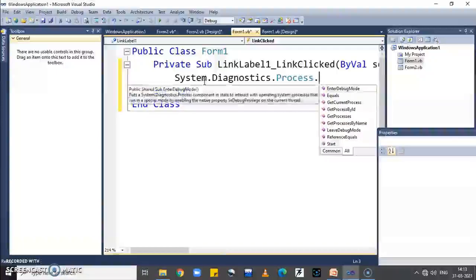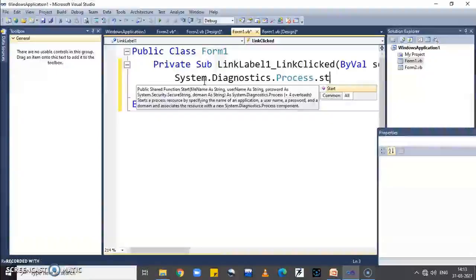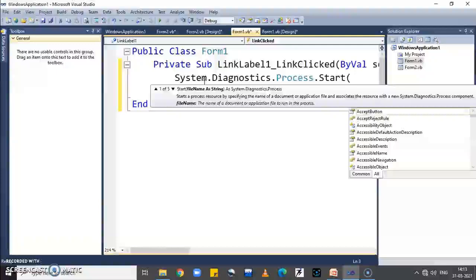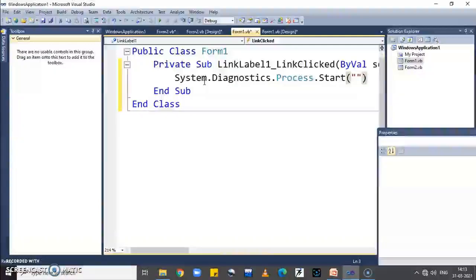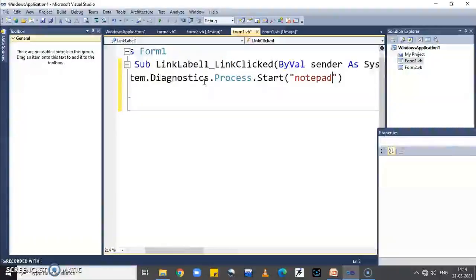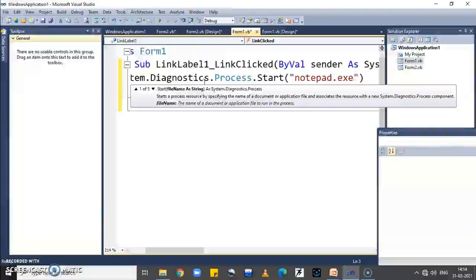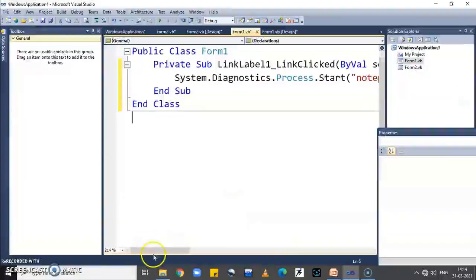Then write Start, which is a method to open a notepad's exe file. So write the file name, exe file name. So here I write notepad.exe in between the double quotation marks. So whenever user clicks on the link label control, then this code opens the notepad's exe file.